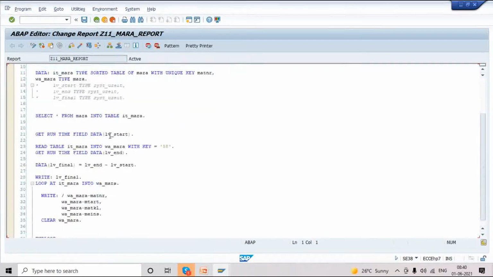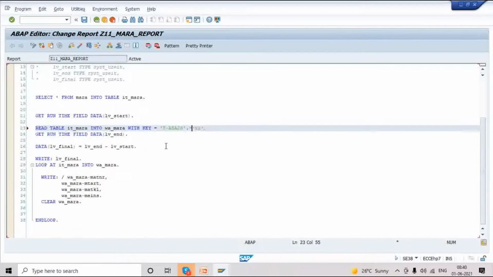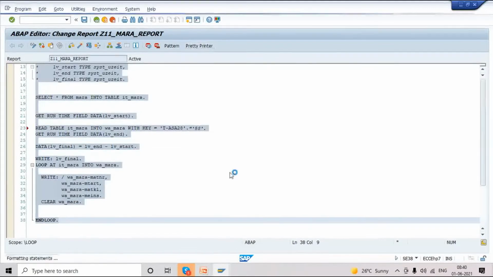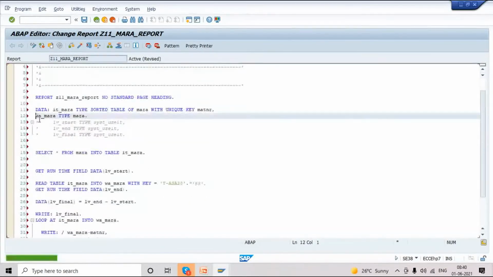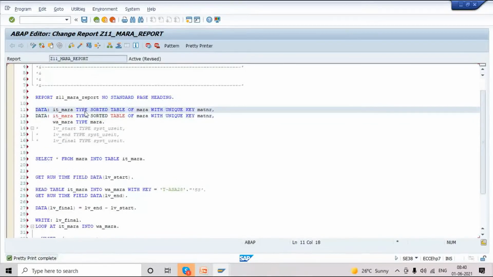Instead of this, we're searching for a new entry. So here we'll switch again to a standard table to see how much time it is taking.